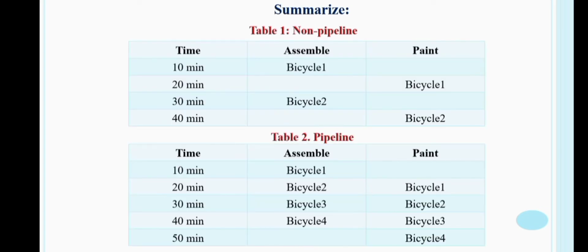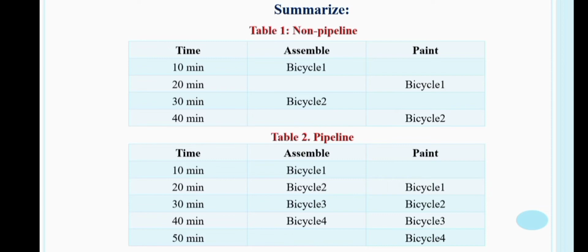Here, Table 1 and Table 2 show non-pipeline and pipeline respectively. From Table 1, if someone were looking at the output of the process, they would see a bicycle produced every 20 minutes. However, from Table 2,